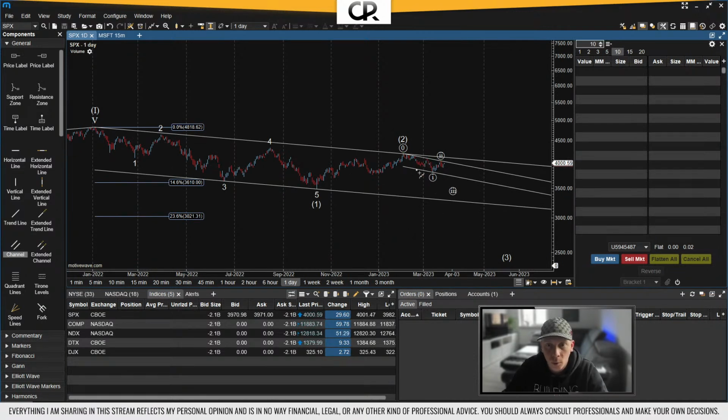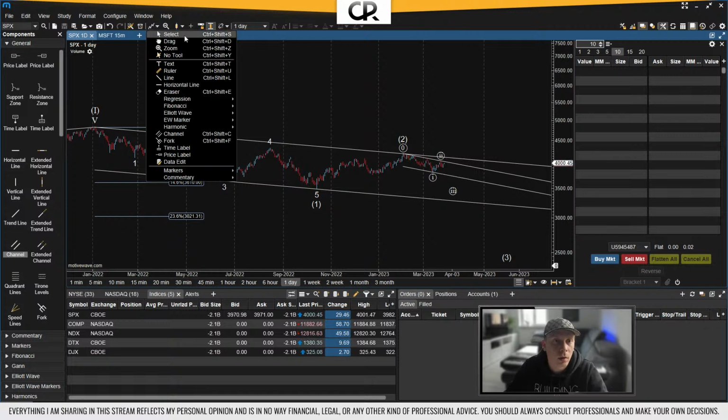Which in turn would then become, I don't know where the 5 is right now, but that would become wave 1, and then again 2, 3, 4, 5. That takes us down to this 3. So there's still a degree in between, but we can definitely use the